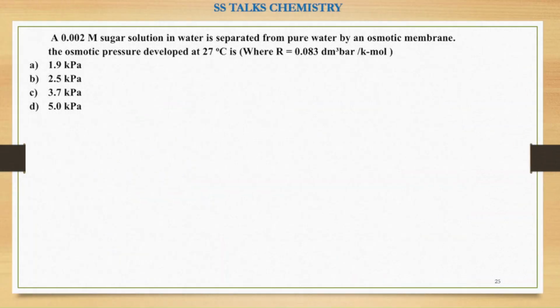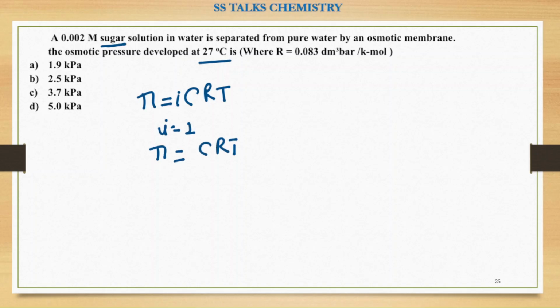It says a 0.002 molar sugar solution in water is separated from pure water by an osmotic membrane. The osmotic pressure which is developed at 27 degrees centigrade is. So osmotic pressure, very simple, we just have to find this out. It is equal to iCRT. For the sugar solution, the i value will be equal to 1 only. So pi is equal to CRT only. Here the molarity is given directly as the concentration, 0.002 molar,